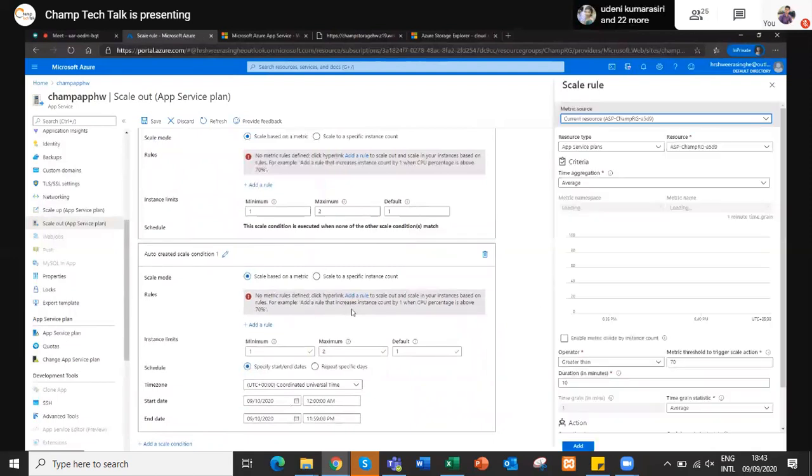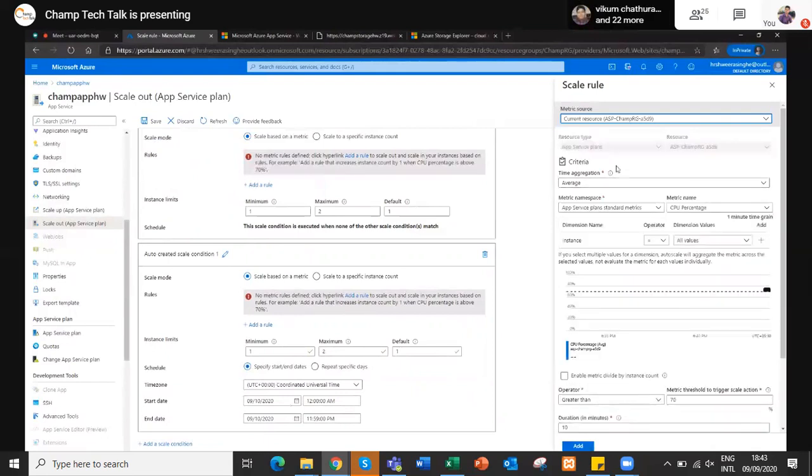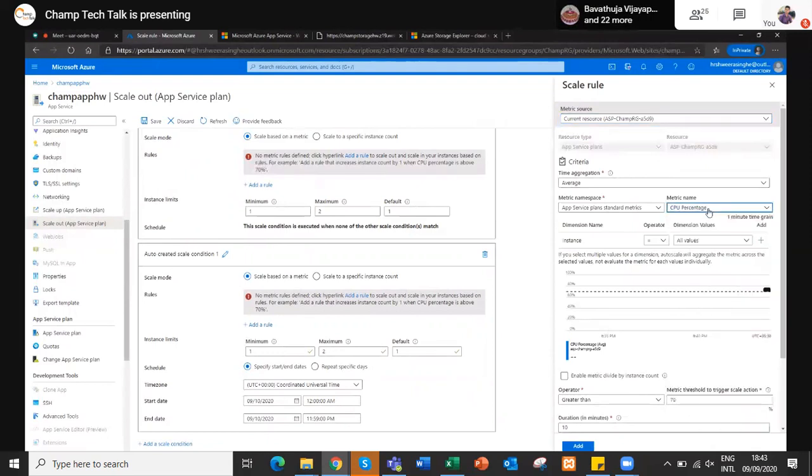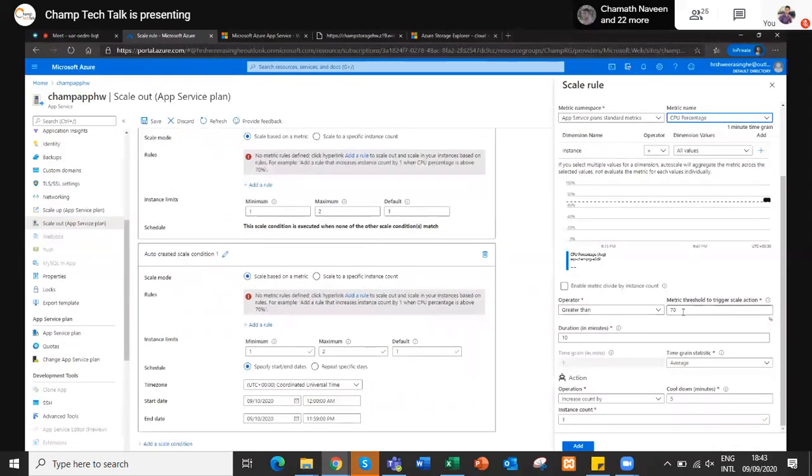Or again, here you can see there is an add rule option. I told you that if your website gets huge traffic, your RAM goes higher, your CPU usage goes higher. What you can do is simply select the metric name as CPU usage, and if CPU usage is greater than 70%, add another instance. That's how easy it is. No need to plug in anything, just do this setting.